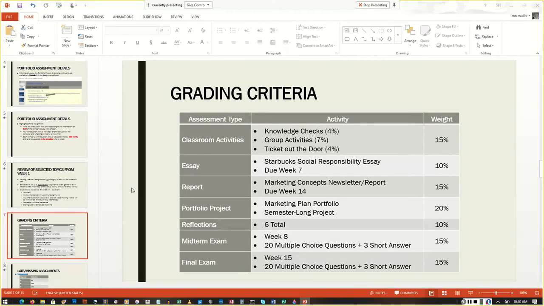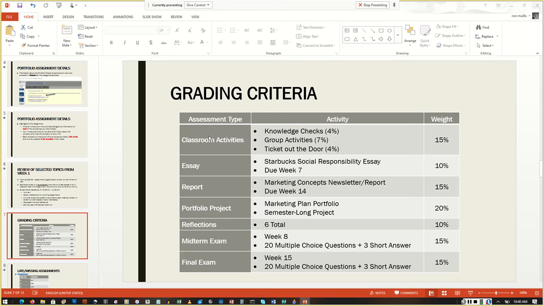As far as the grading criteria, it's in the supplemental syllabus, but some things to highlight. You will have knowledge checks, and we're going to review the knowledge check questions at least once before you have to do the knowledge check assignment and turn it in for grades. This is a way to repeat some things we discuss in class so that you'll hopefully retain most of the information.